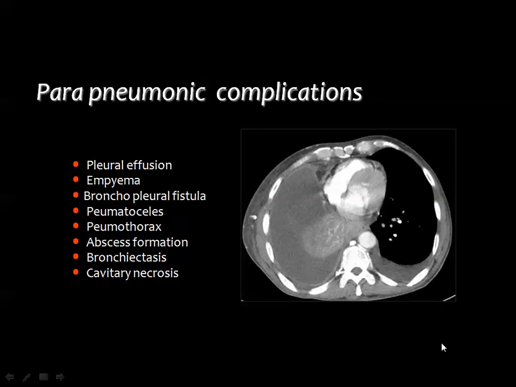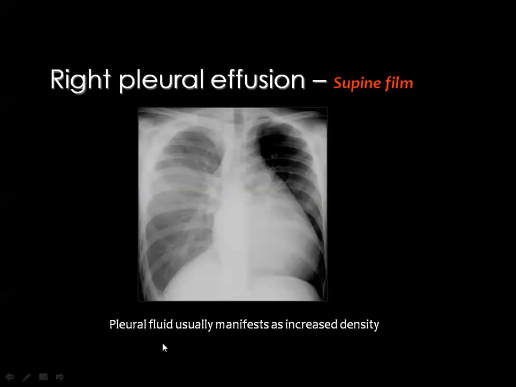Then there are a lot of complications associated with pneumonia, starting by the parapneumonic effusion, then the empyema, the bronchopleural fistula, pneumatoceles, pneumothorax, abscess formation, bronchiectasis, and finally what is known as the cavitary necrosis complicating pneumonia. Starting by the pleural effusion, frequently you are not able to radiograph a child in the erect position. Sometimes